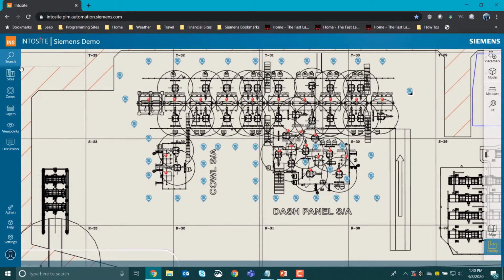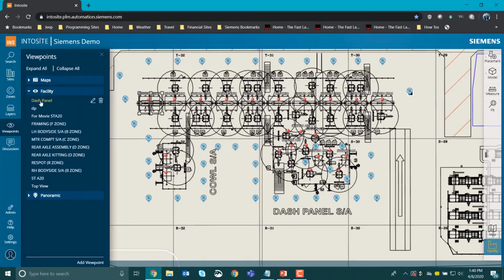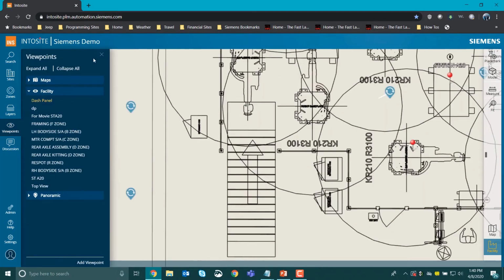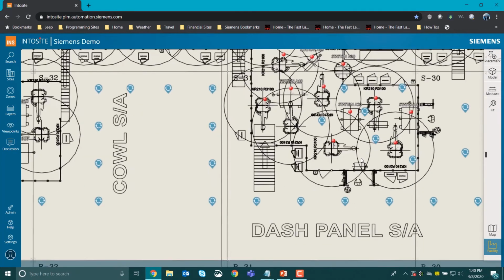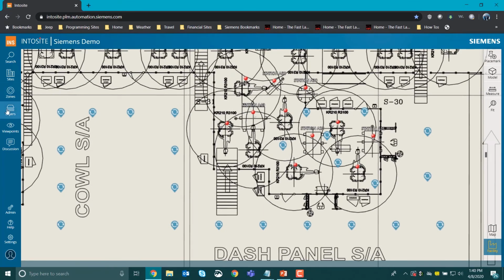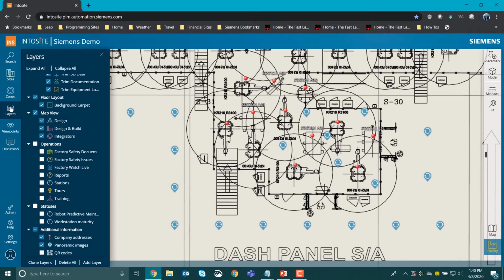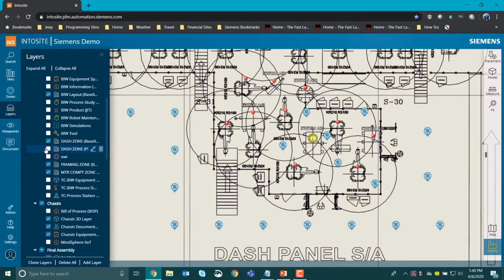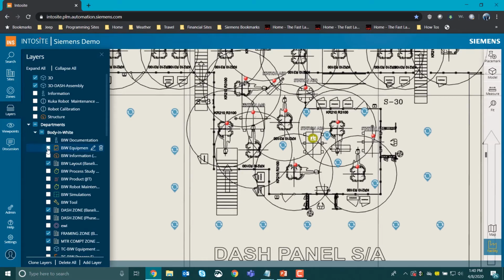And next up, I'm going to go ahead and focus my viewpoint more directly on the dash panel area now. I'm going to also start to build up some more simple information. So first off, I'm going to turn on some factory safety documentation, along with some manufacturing information and some process documents. Now this is a factory that we already have that's running, that's producing this dash panel and motor compartment